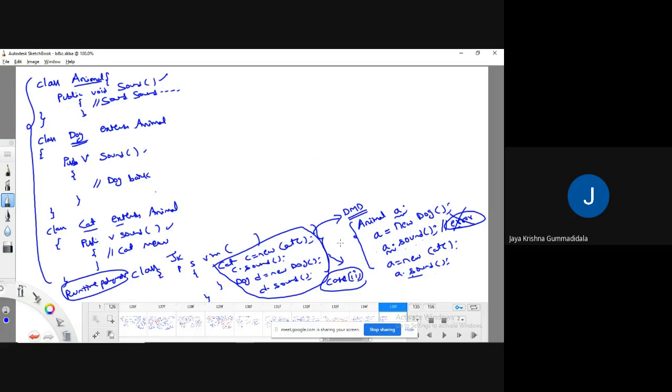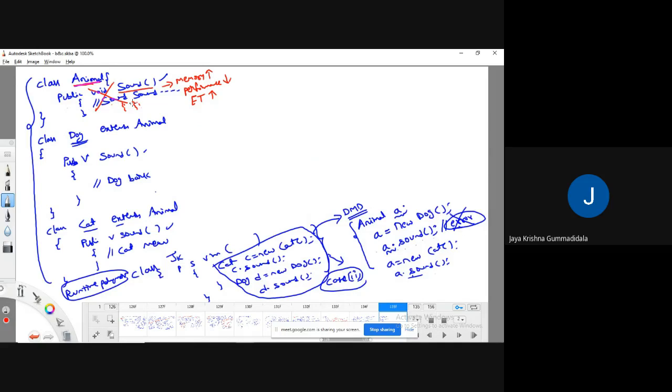Yes, up to here it is okay, but think about it from the point of performance. I have written a method called sound in the base class. Is there any use of this one? There is no use of this one. So as there is no use, writing this will take more memory, and performance will decrease, and execution time will be more, because during the compilation phase it is going to check for all kinds of compilation errors.